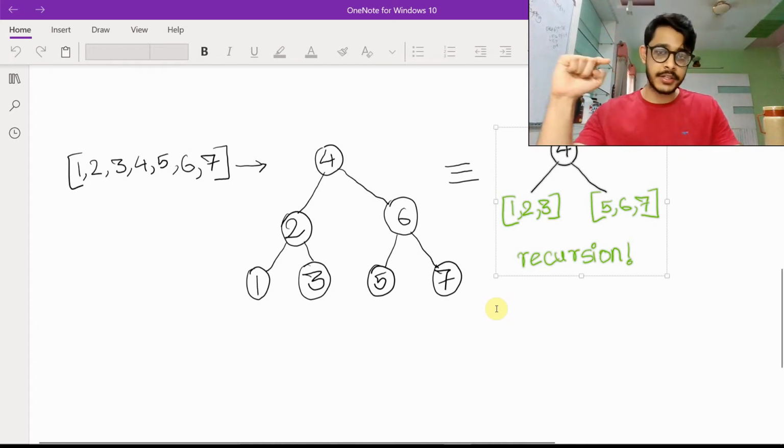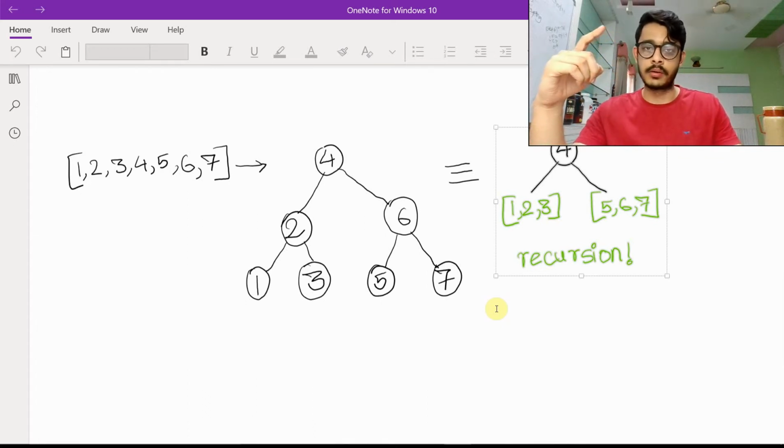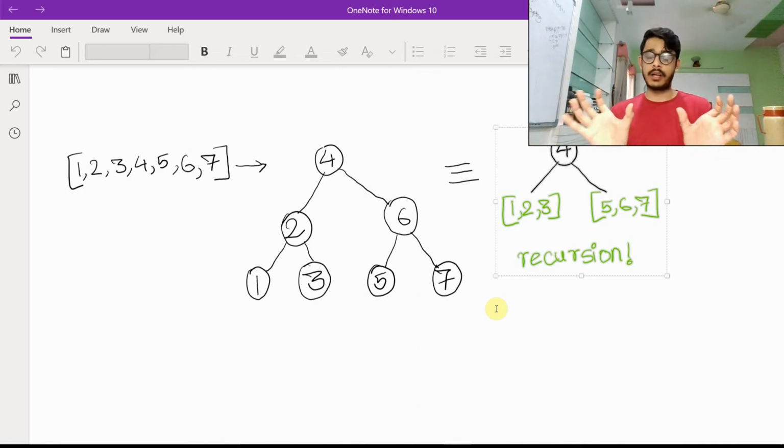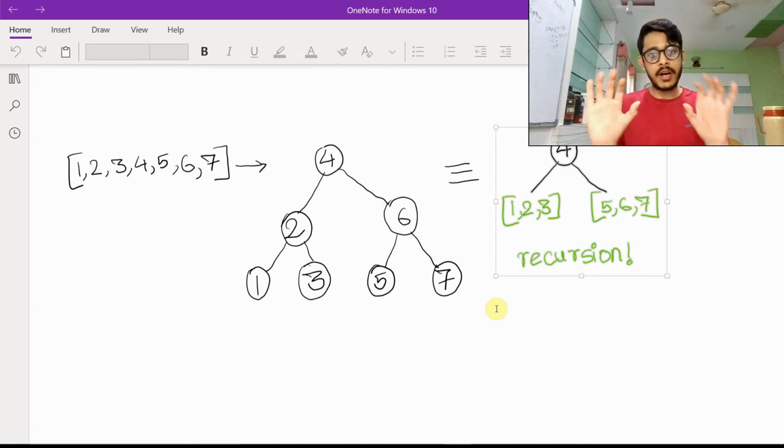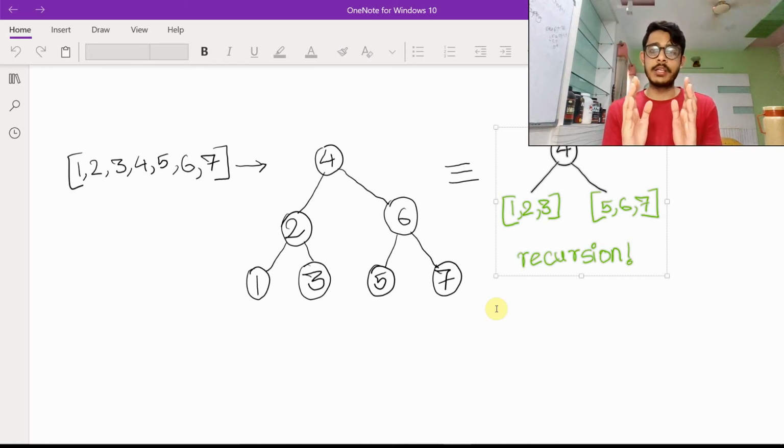First, extract the middle element and make it the root. Second, break the resultant remaining list into two parts. The left and right now become their own subtrees, following the property of height balanced BSTs. This is because we have exploited both of the facts here. First is that the array is sorted in ascending order. Array being sorted means that the middle element is always going to be in the middle of both left and right. It's sorted, so the middle element is the middle element.